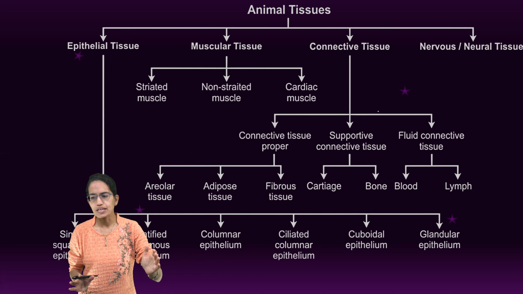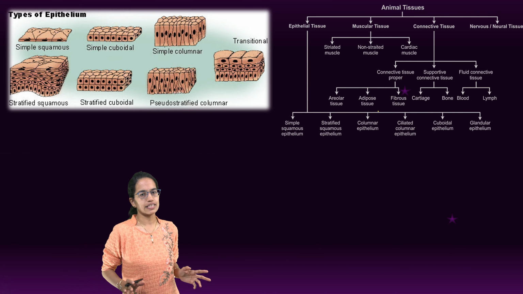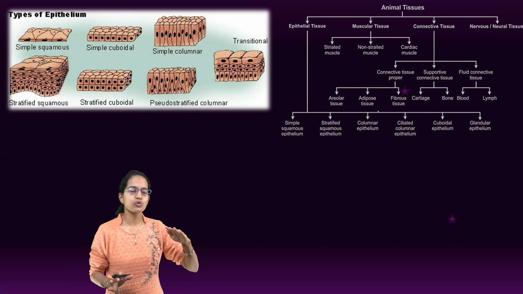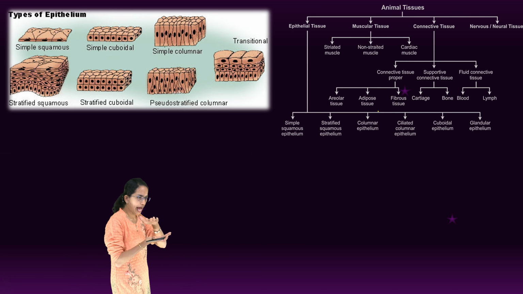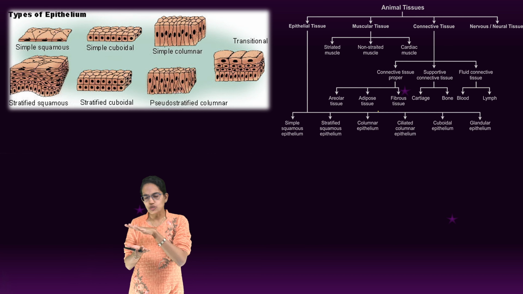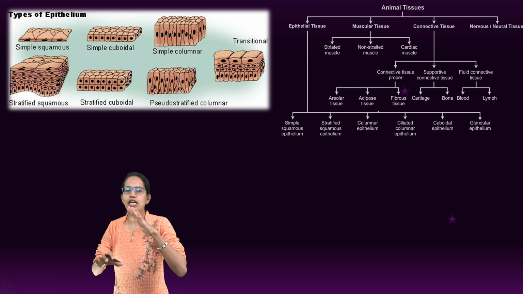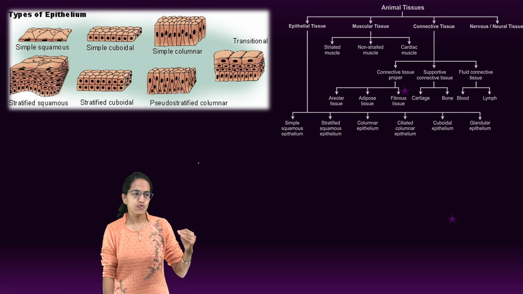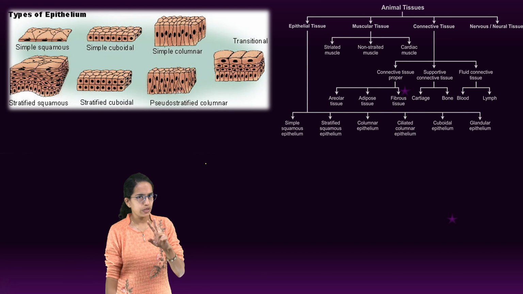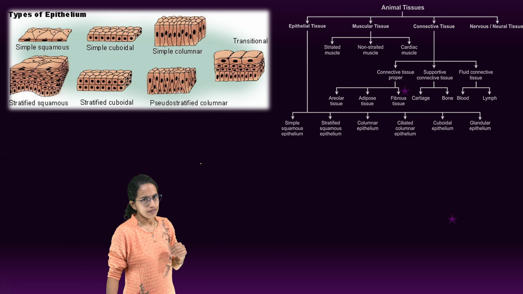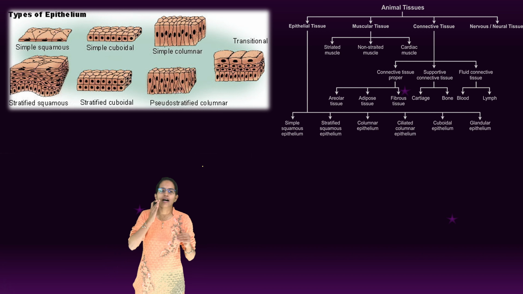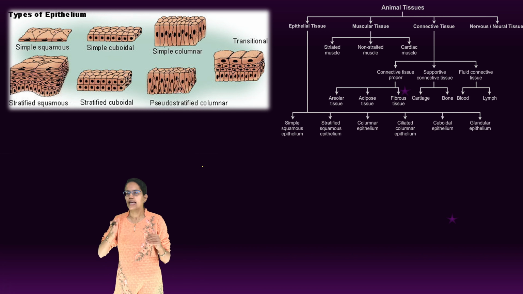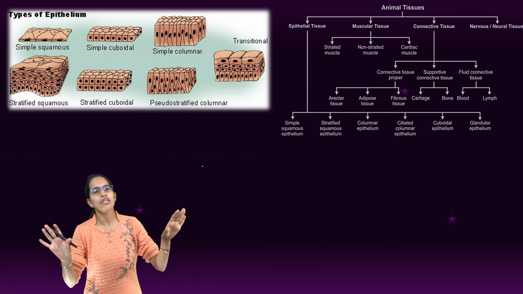So, to begin with, the first one is epithelial tissue. Now, epithelial tissues, to understand simply, are flat. They are actually the tissues which are on the layer surface. Now, these epithelial tissues could be classified in two ways: simple and stratified. Then, under the simple one and the stratified one, the classification remains the same.